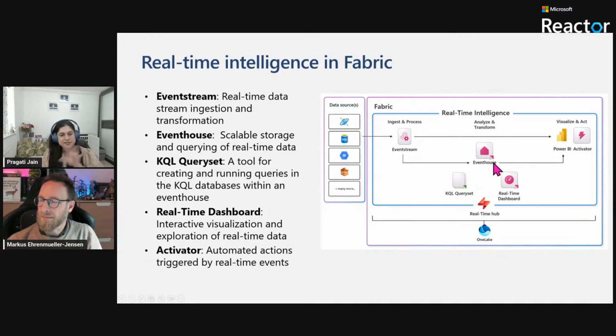And once that data is in the event house, you can go and query that data. Now, when we talk about event house and event stream, like we have SQL or T-SQL, the language that is supported by event house is basically a KQL language. And whenever you store your data in event house, a KQL database is created on top of which you can run your KQL queries to analyze your data.